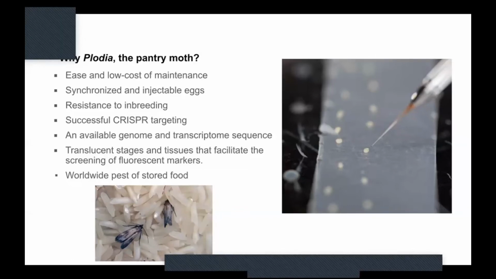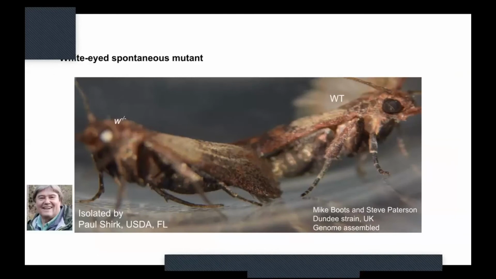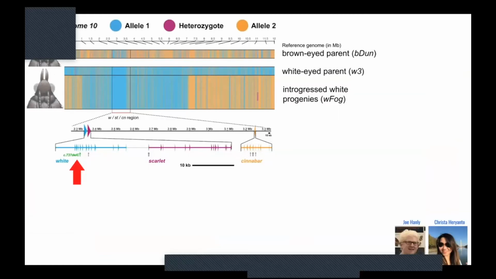With the help of Paul Shirk, we acquired a mutant strain that has white eyes. And we mapped the mutation responsible for those white eyes to a very small region, using genetic crosses for that. The region was interesting because it contained 3 candidate genes involved in eye pigmentation. They're named after their name and function in Drosophila: the white gene, the scarlet gene, and the cinnabar